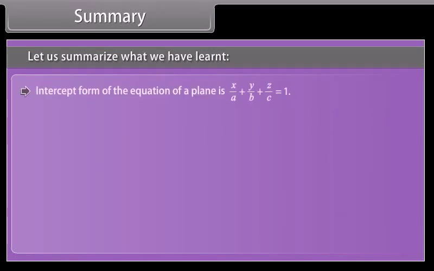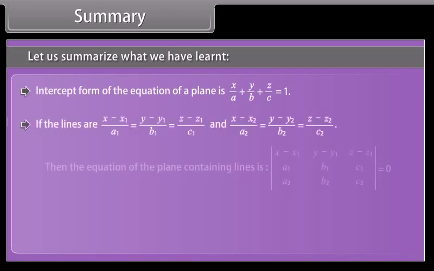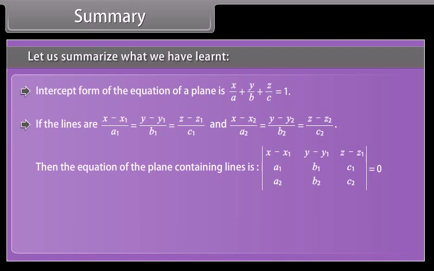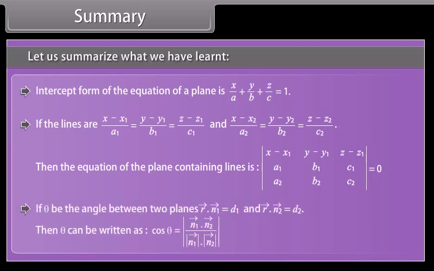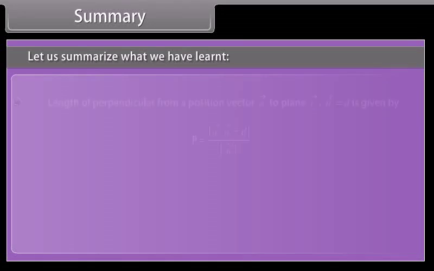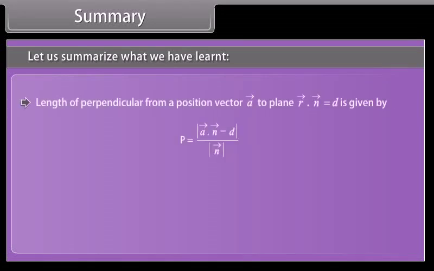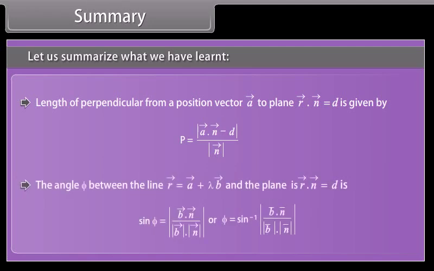Intercept form of the equation of a plane is. If the lines are given, then the equation of the plane containing the lines is. If theta be the angle between two planes, then theta can be written as. Length of perpendicular from a position vector A to plane is given by. The angle phi between the line and the plane is